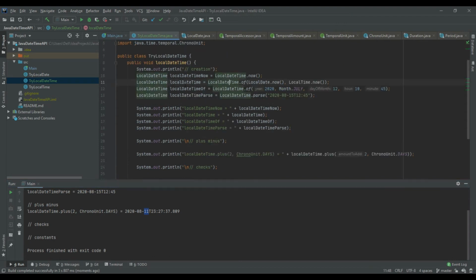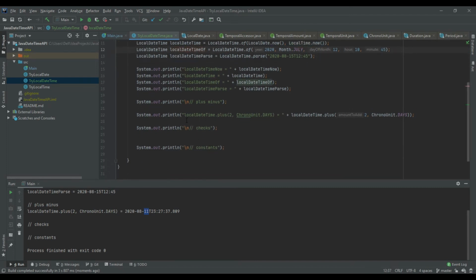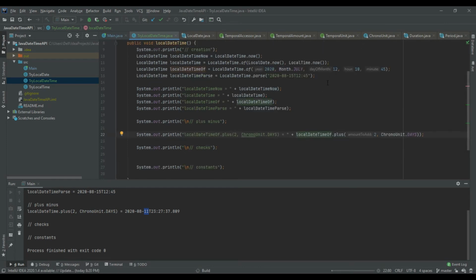Today is 9th. Or let me change this to local date time off, so you know the date exactly. So the date is July 12th, result should be July 14th.